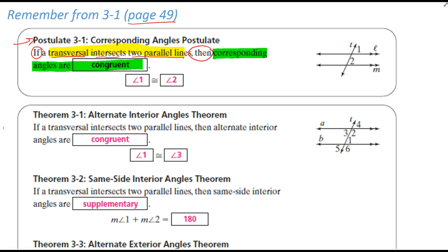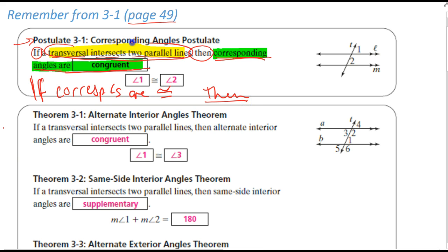So what would that be as a converse? I keep the if. I keep the then. Now I'm going to put after the if the conclusion from my original statement. If corresponding angles are congruent, then, here's my hypothesis, then